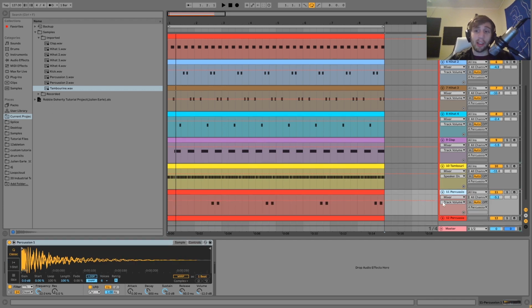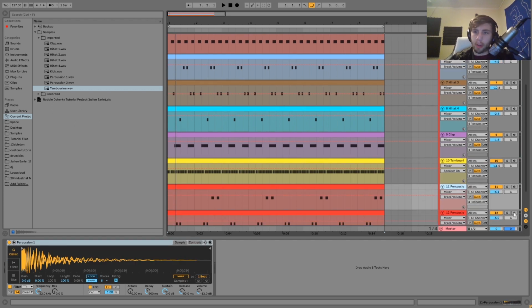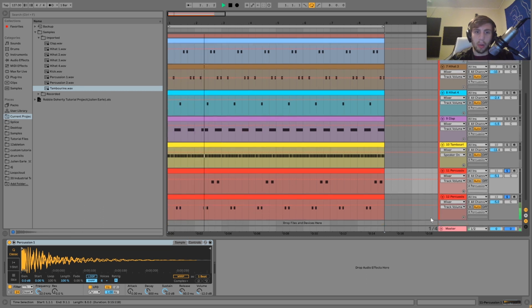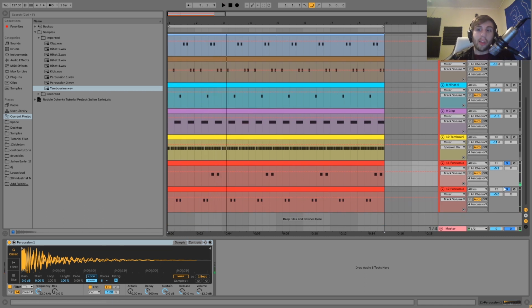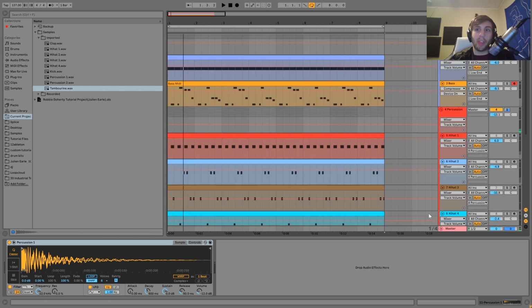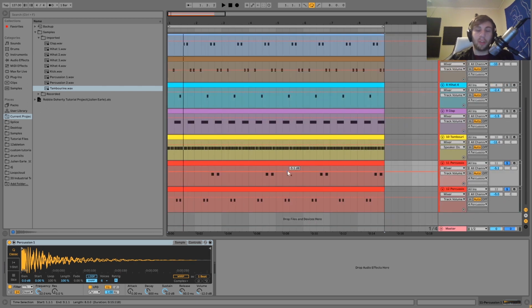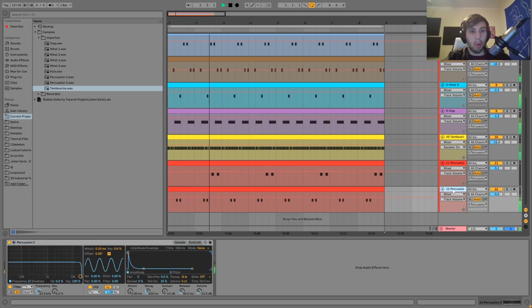And then the last layers that we have down here are these two little percussions, which sound like this. So again, really simple stuff. It's kind of like with the hi-hats where it's a lot of simple stuff just coming together to make a lot of track. Because you can hear what that's adding in the background. If I take it out,